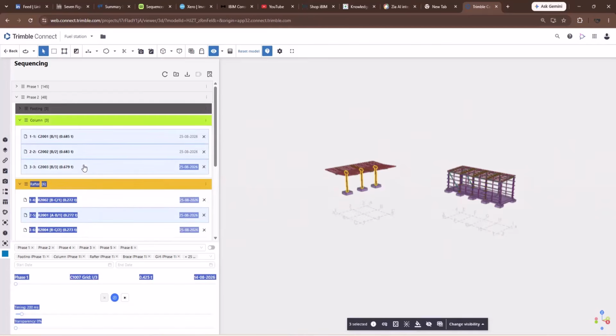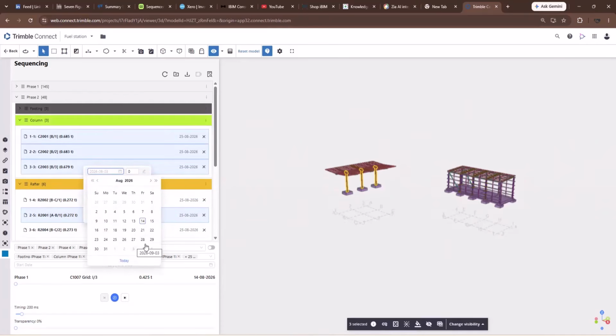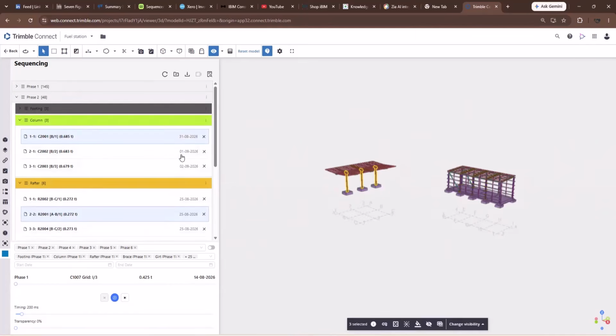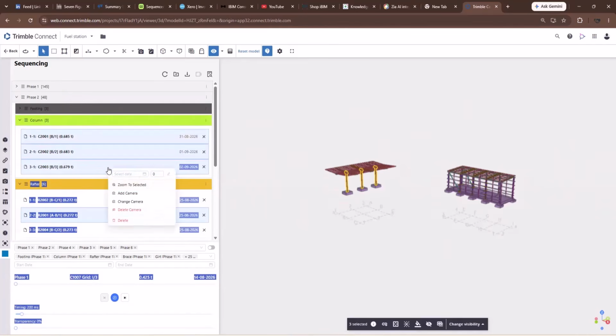The next option is, if I just go to this select date option, for the demo purpose, I'm selecting this 31st of August. As I said, if I keep 0, all the 3 columns date will change to 31st of August. But if I type 1 here, from the selected date, it will automatically increment the date, which means the first one will be 31st of August and second one will be 1st of September and third one will be 2nd of September. Let me change it back to 25th of August